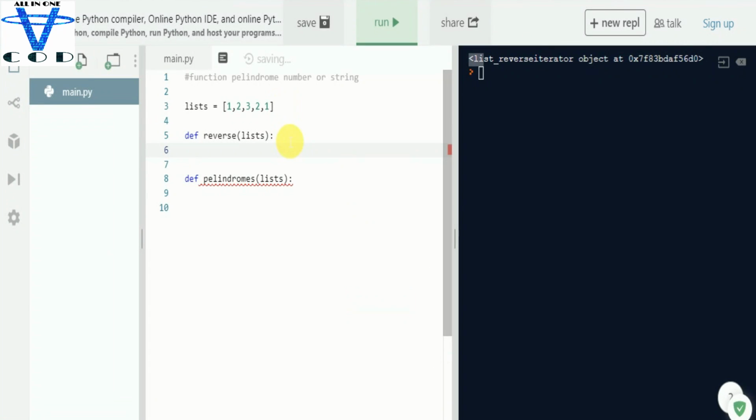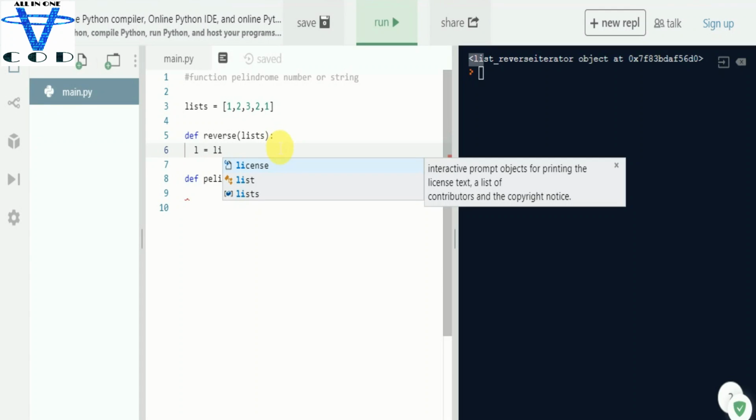Reverse. I'm gonna create another function to reverse the list. First I'm gonna find the length of the list. Sorry, whenever I want to say list, I accidentally said string. Okay, this is my mistake. First we want to find the length of the list, and for that